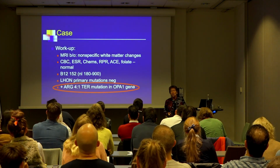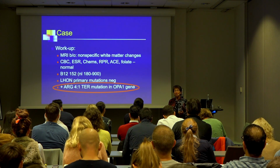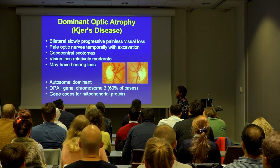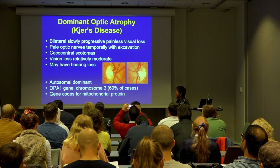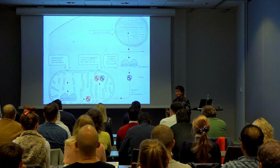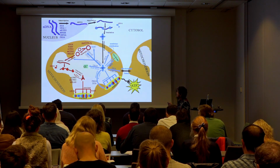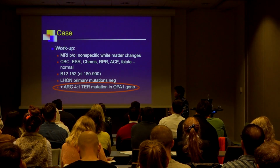Whoa, look at that. So he has a mutation in the OPA1 gene for autosomal dominant optic atrophy. Wow. And that's probably why his mother's been called glaucoma, because they get this excavated cupping. We remember all that. So Kjer disease, dominant optic atrophy, bilateral, slowly progressive, painless. They can have excavated, pale temporally, cecocentral scotomas, really fitting, right? And it's the autosomal dominant OPA1 gene that codes for a mitochondrial protein. Remember, it's a problem in the nucleus, but for a protein that's destined for the mitochondria. And as a matter of fact, the DOA gene is very important for membrane stabilization in the mitochondria, for mitochondrial fusion. So, wow, he's got a mitochondrial disorder, but